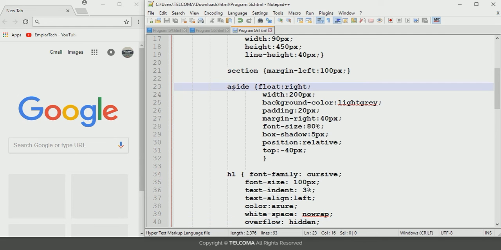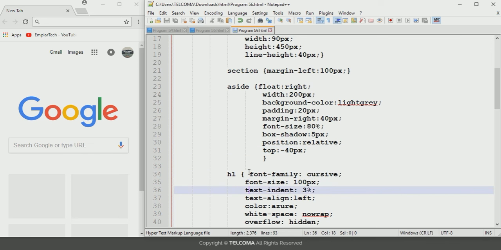After that I have used the aside selector and in the aside selector I have declared the float property, that is right, then its width, background color, padding, margin right, margin size, font size, box shadow, position and the top. So here I have declared all the properties related to the aside.